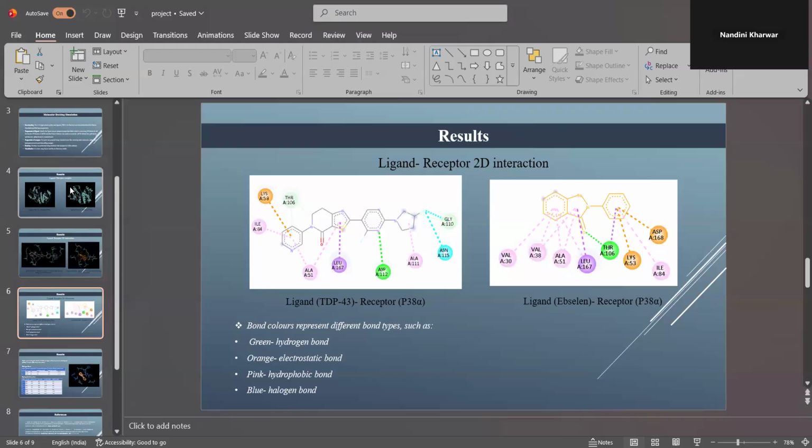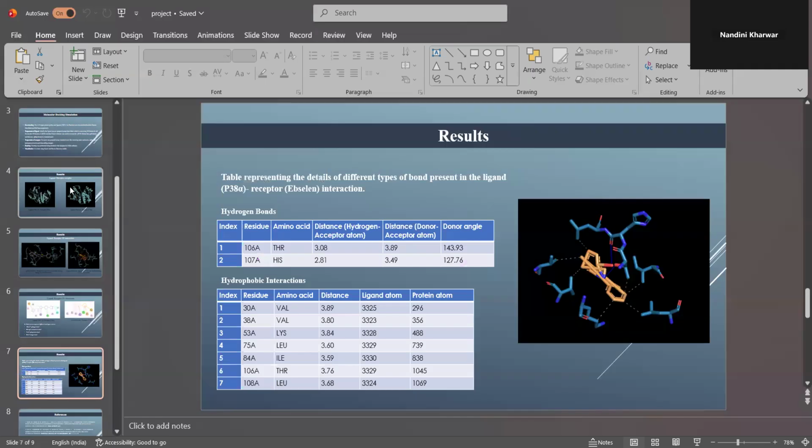the same section of alpha, on which is in color orange represents electrostatic. This is between 38 alpha and